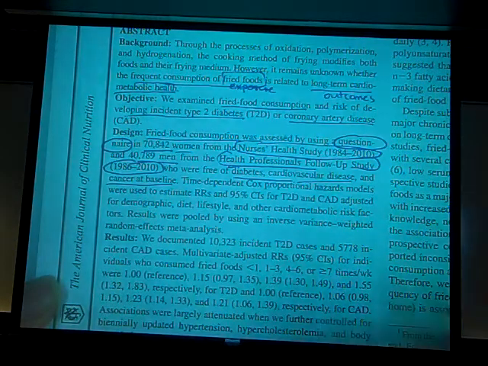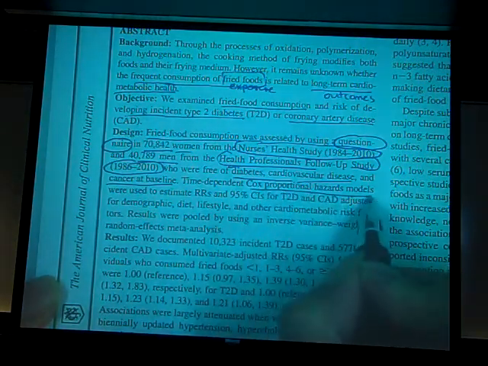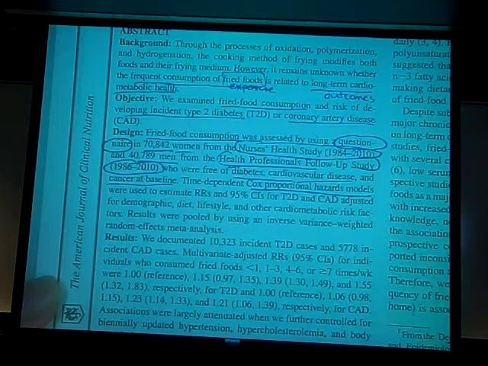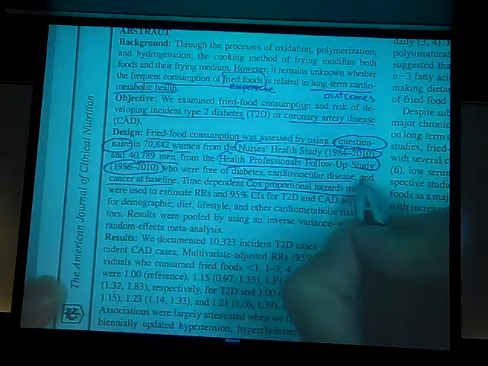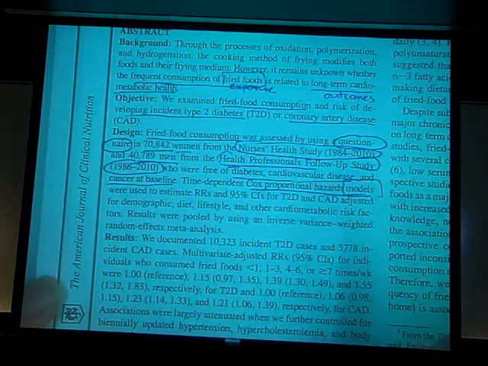Then, if I continue reading, it tells me a little bit about the methods: Cox proportional hazard models. Again, I don't expect you to know the details of a Cox proportional hazard model, but I know that this means that models were adjusted for other covariates, which may impact the understanding of the exposure-outcome relationship.